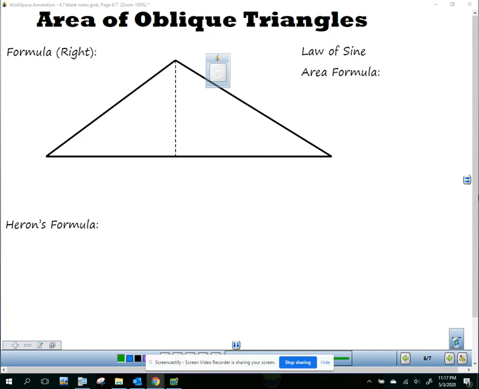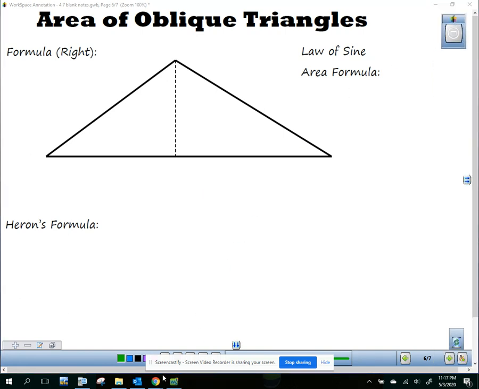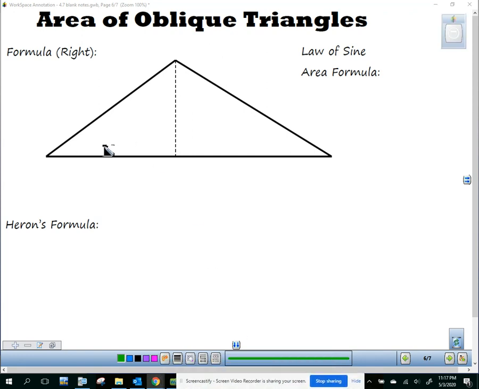All right, we're in 4.7 part 2, area of oblique triangles. So I know I mentioned it in the law of cosines part of the part 1 video, but in an oblique triangle, to get the height, you have to sketch it perpendicular to one of the three sides. So if we're going to call this the height, that means that this is the base